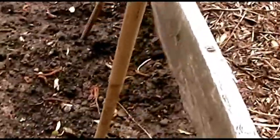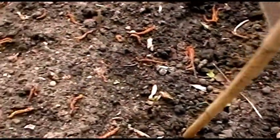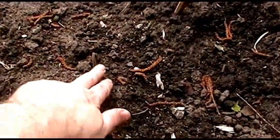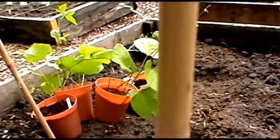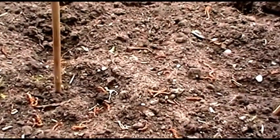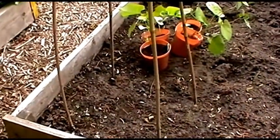Over here on the runner beans, some of the runner beans have come up. You can see those, they're looking quite nice, but again there's more than enough mare's tail here. There's another piece right there in the middle, poking its head up above the soil. But what I have done is I brought some runner beans from home that I've started, so I'm going to put these around a couple of canes where I've not planted anything yet, and maybe put another couple of canes in for the rest of the plants. So those are really starting to come along nicely, which I'm dead pleased about. I've been hardening them off for the last few days, so they've been out during the day and just getting used to the